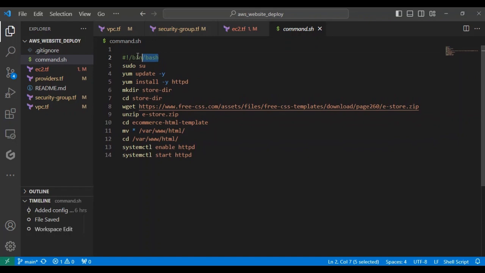Okay, you want to start your script with the shebang, and sudo su is to become a root user, yum update to help you update the package manager. This line is to install the Apache web server. Okay, and then we want to create a directory called dir, and switch into that directory, and this is where we'll now use wget to download this e-commerce store. So I'm basically using a free CSS template. Okay, so if you have a file in your GitHub repository that you want to deploy, you can actually add it as a zip file here so that it can fetch it. Okay, but I'm using this directly from